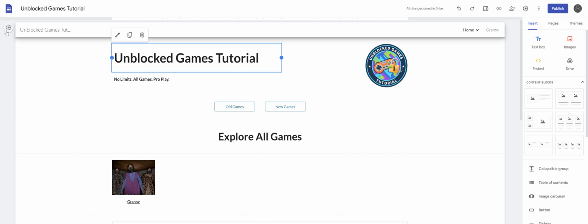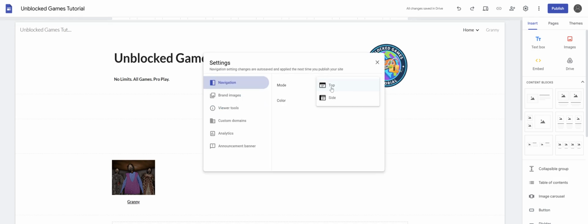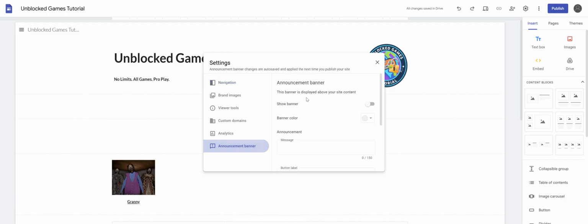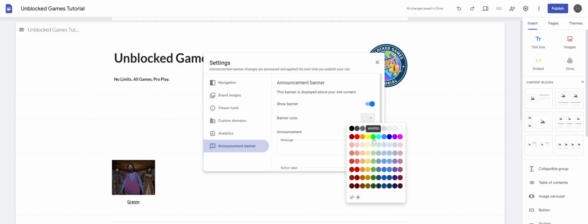Now we gotta click on settings, and we gotta make this to the side, just like this. And I'll tell you about these announcement banners. If you click show banner, and you can choose any color you want for this, I will do blue,